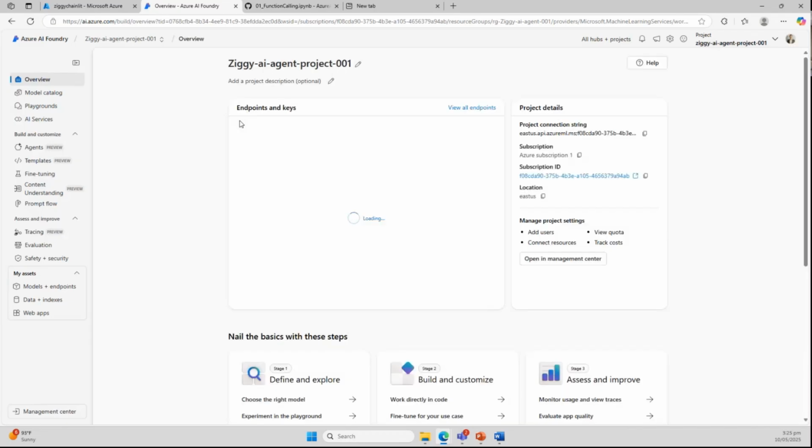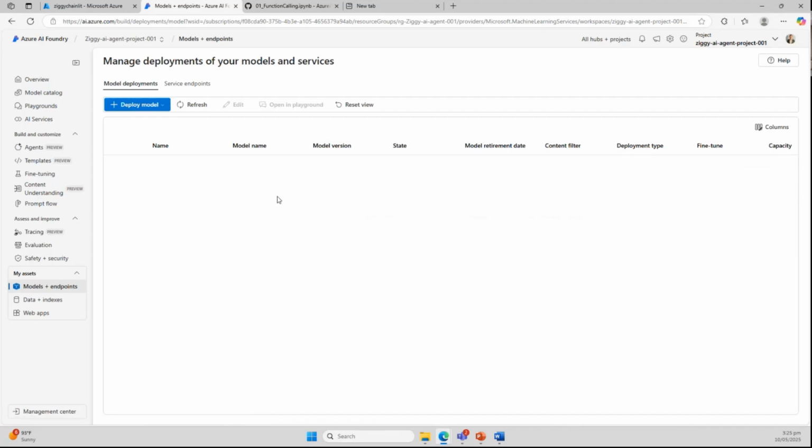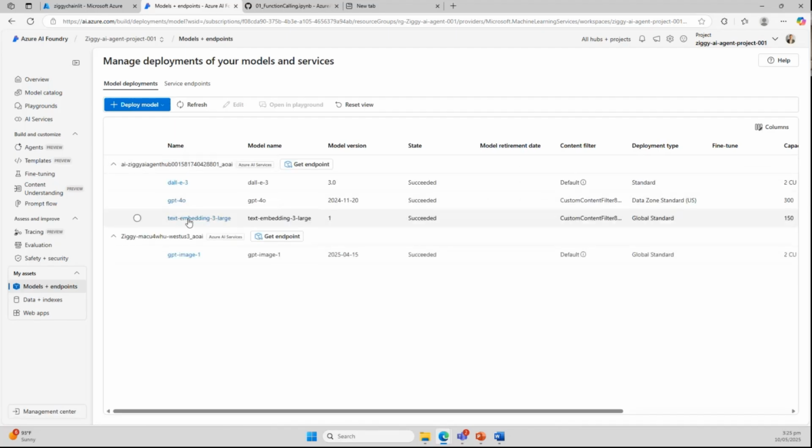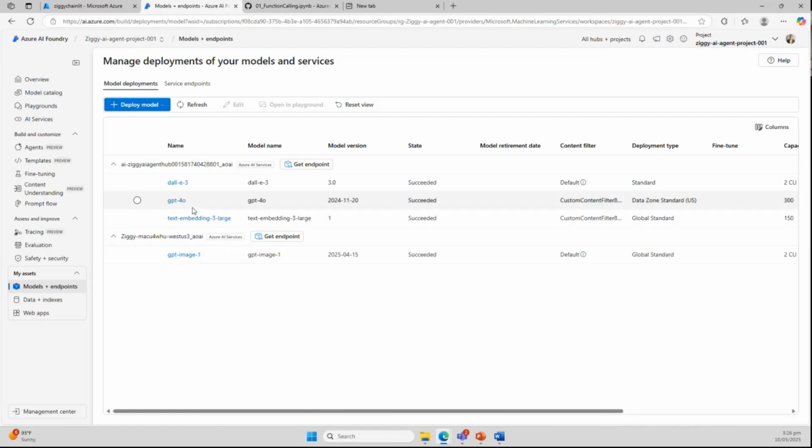And in your project, you should define a model that you'll use. In this case, I will use a GPT-4 Omni model. So that's the only thing you actually need to do to create an agent. I have this text-embedding-3-large because this is the embedding model that I use to build my Azure AI Search service.